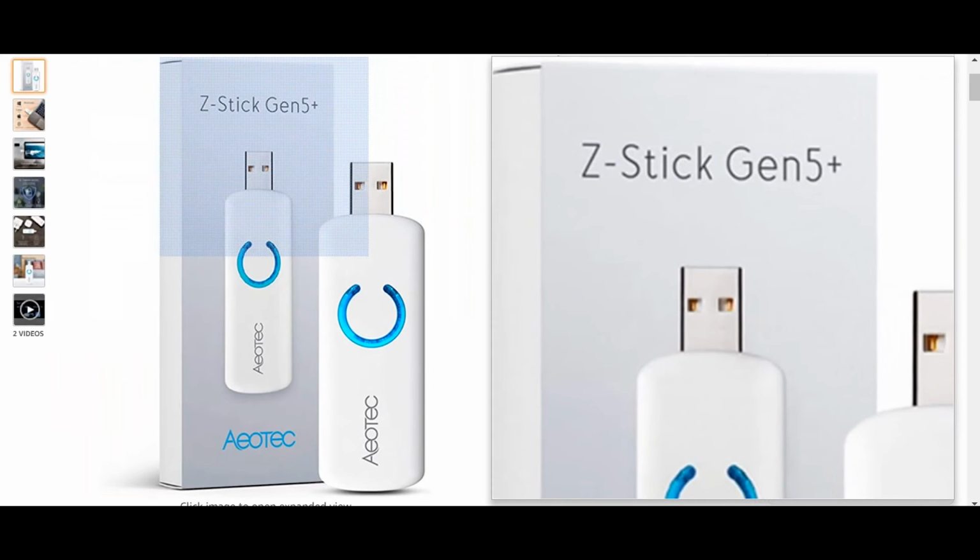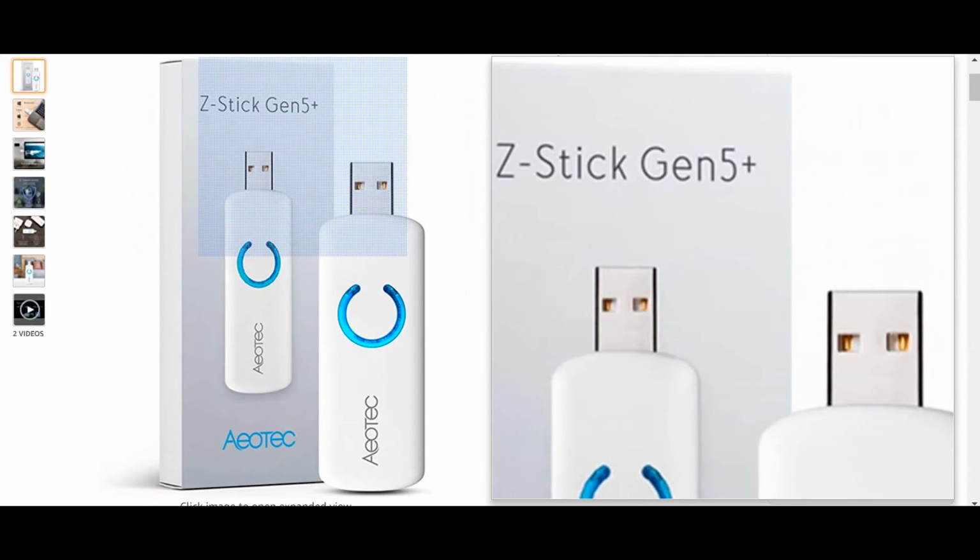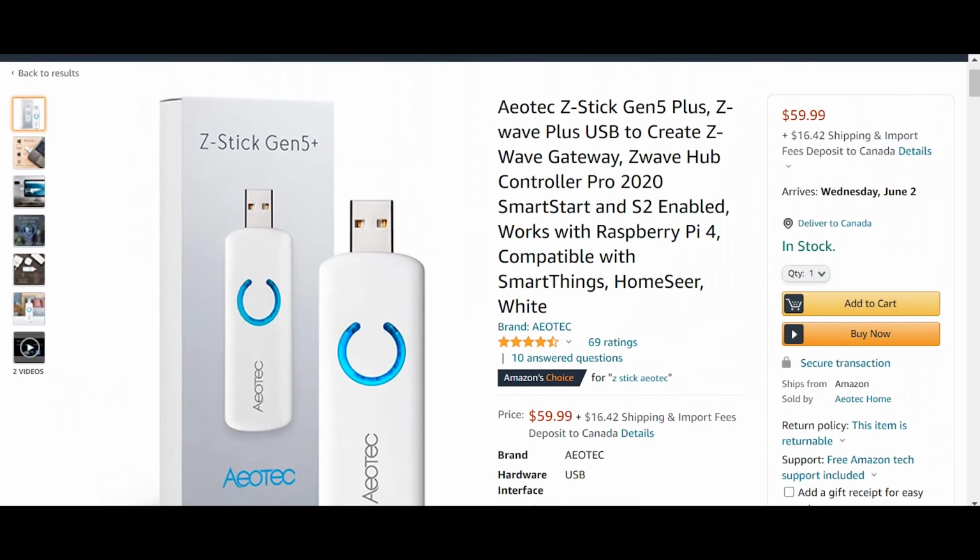So I recommend using Z-Stick Gen 5 Plus, and make sure that it is compatible with Raspberry Pi 4, because the old releases are not really compatible. They have some compatibility issue with the USB port of the Raspberry Pi. It can be resolved easily, but instead of going into this headache, it's much better to buy the new Z-Stick,